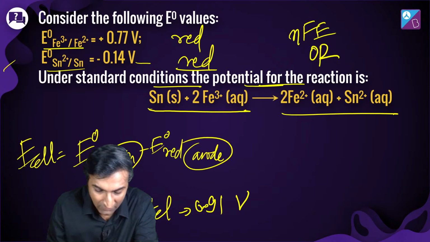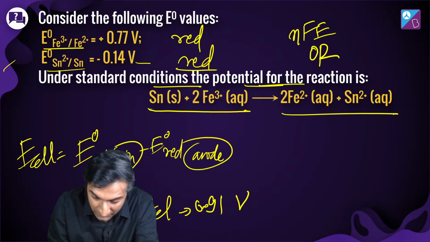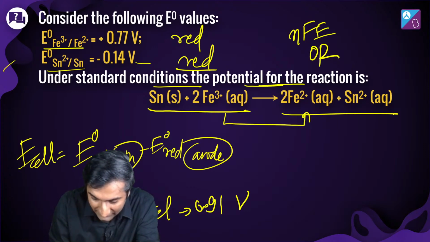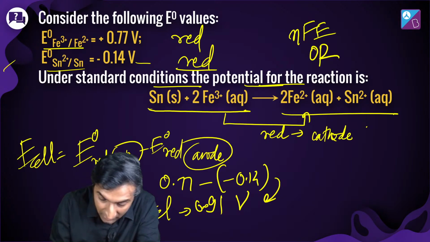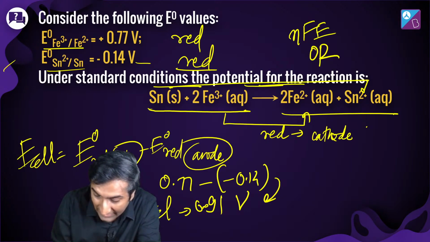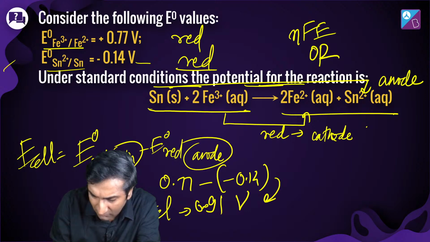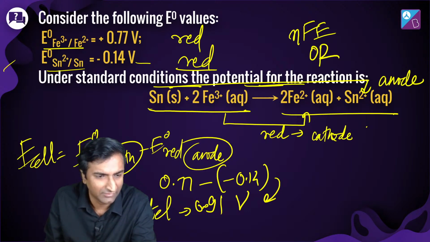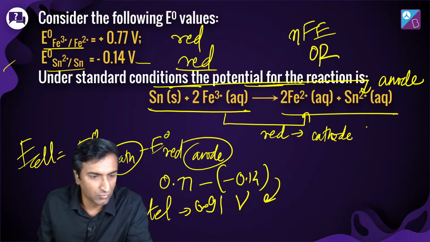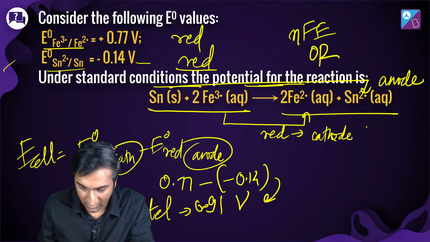How do you get 0.91? Cathode has to be something that is getting reduced. This one is being reduced. So this must be the cathode. So we take this one as it is. So we take 0.77 minus minus 0.14, which gives me 0.91. Excellent work. This is the cathode. This must be the anode. Always check. Yeah. Both of them have to happen together. Simple stuff, right? Direct. Excellent work. Loving this. Sweet. Good job, guys. All right.